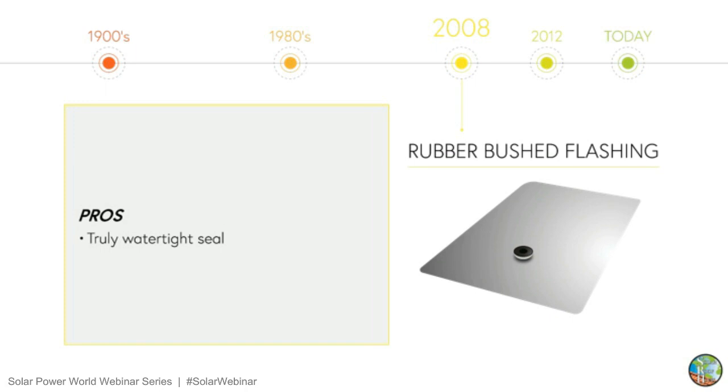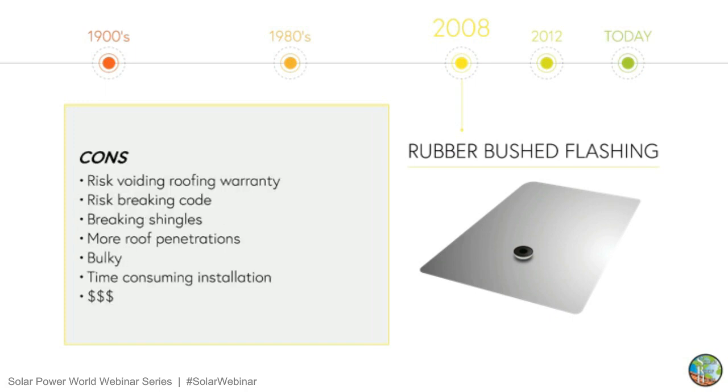However, it still has many of the same downsides as aluminum and galvanized flashing. Rubber bush flashing is one of the most expensive flashing options in the industry. Installers still risk voiding the roof warranty or breaking code by lifting the shingles. Shingles can still crack, the flashing is still bulky, and extra penetrations are still made in the roof. I'm getting tired of repeating these same problems over and over, but I'm going to have to do it one more time because the next flashing is